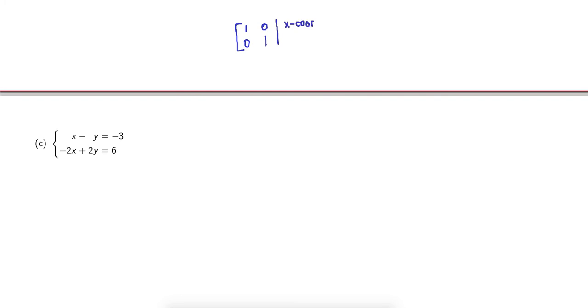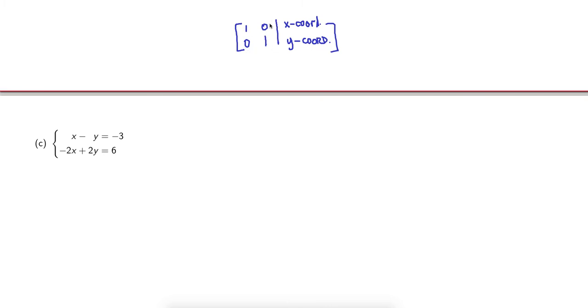And the y coordinate of whatever the answer is. Okay. And in this video with special solutions, we're going to find that no matter what we do with elementary row operations, we're never going to get the left side of this augmented matrix to have ones on the main